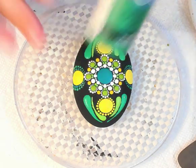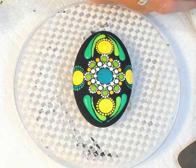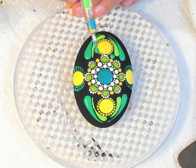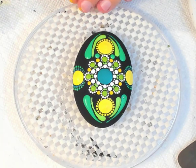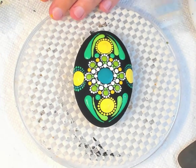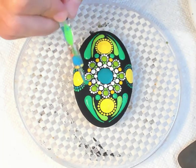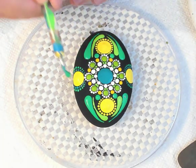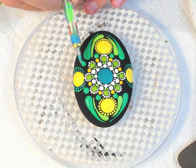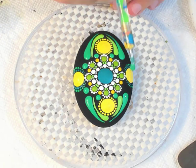So I'm going to stick with that Kelly green still, and the larger dotting tool here. And at the base of each of our large yellow dot elements here, we're just going to tuck a large dot of that Kelly green on either side. And I think we'll continue with the other two as well. So in essence, this is kind of like a quad mandala because you're doing 4 directions at the outer part,